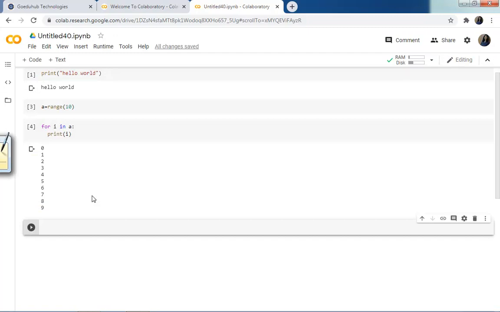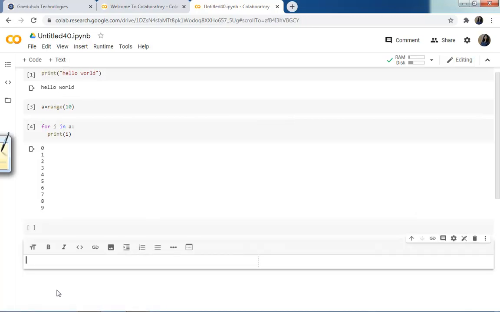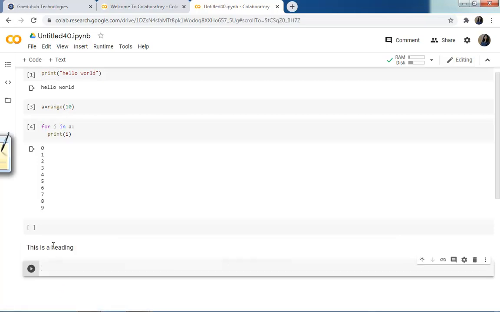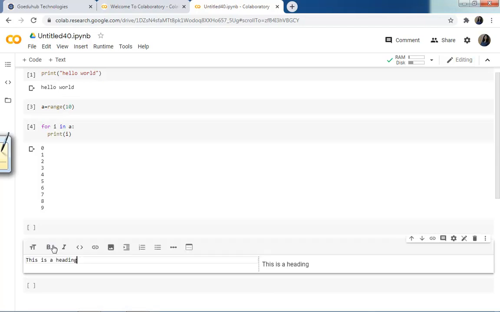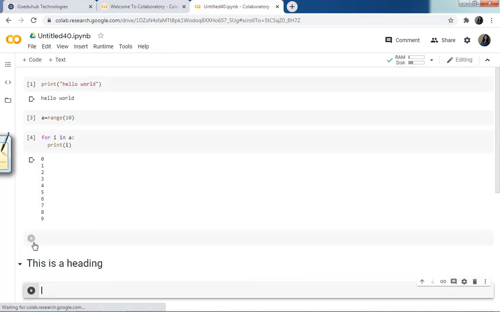And if you want to share the code, there would be some comments, some text values also. So I can enter text and write this as a heading. This is rich text I can write, and you can make a heading.